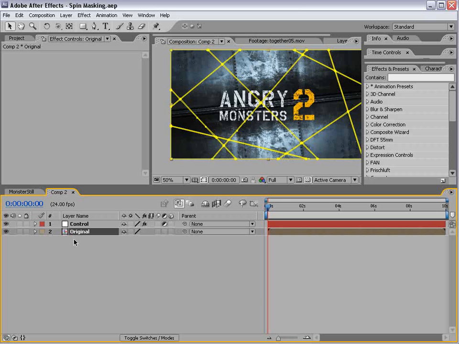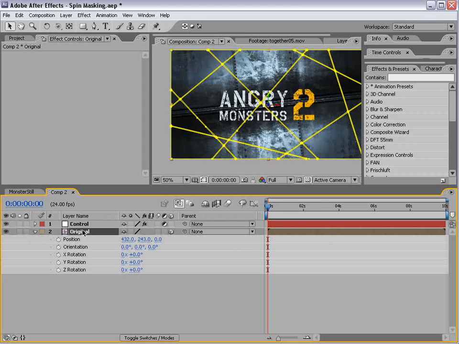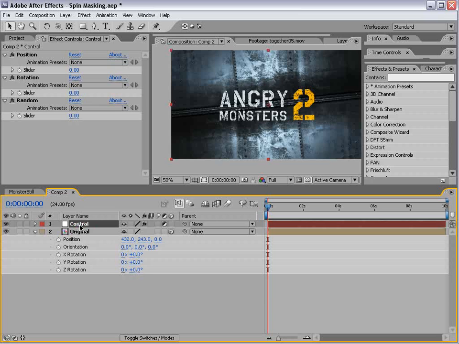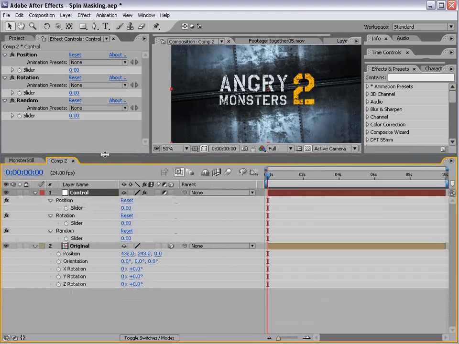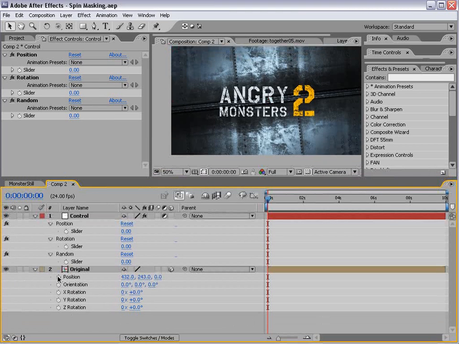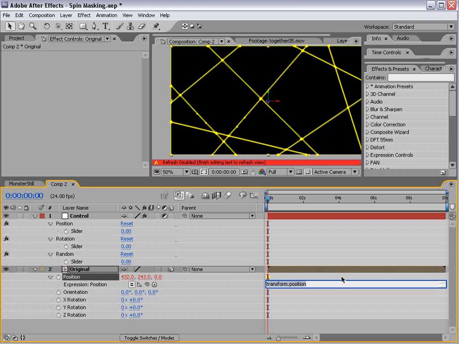Let's go and set it up with this layer. So make sure you make the layer a 3D layer, and then hit P, hold down Shift, and then hit R. So we bring up the position and the rotation, and on the control layer, hit E, and we're going to show the random, rotation, and position values. Now we're going to Alt-click on the position stopwatch. That brings up the expression control here, and we're going to type value, and that just takes the current value,